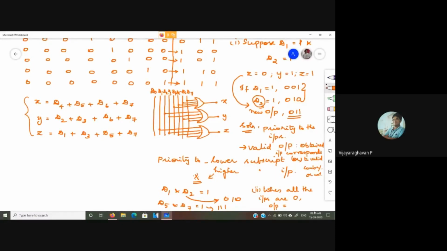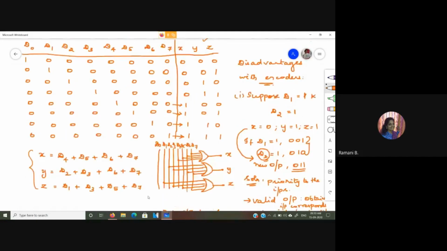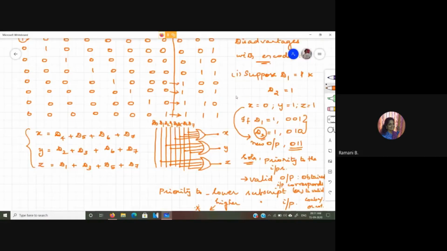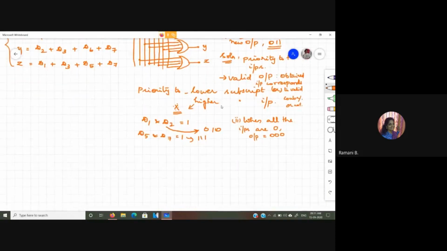XYZ will become 0. Yes, X, Y, and Z is equal to 0. However, when are you supposed to get this X, Y, Z value equal to 0? You are supposed to get it only when our D1 value is equal to 1, right? So this valid input also helps with rectifying this error also. Okay. So this output is expected